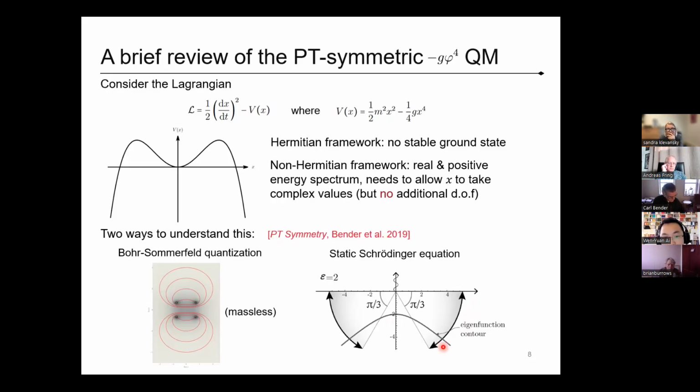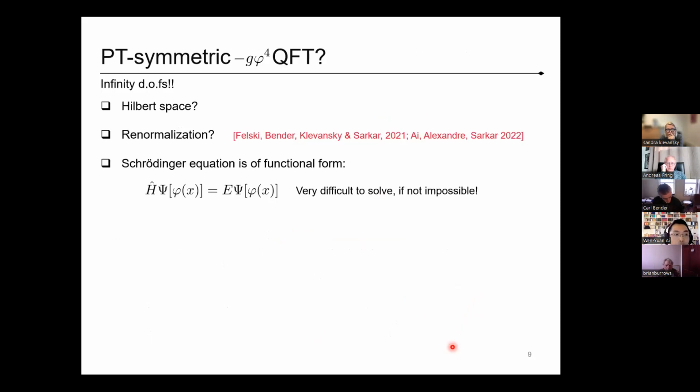And if you solve the equation, then you can obtain real and positive eigenvalues. Well, this is the negative g phi^4 quantum mechanics problem. But what if we consider a negative g phi^4 quantum field theory? I think this theory still is not well understood, because now we have infinite degrees of freedom. For example, what is the Hilbert space? And what about renormalization? I just want to mention in passing 2 papers discussing the renormalization properties for this